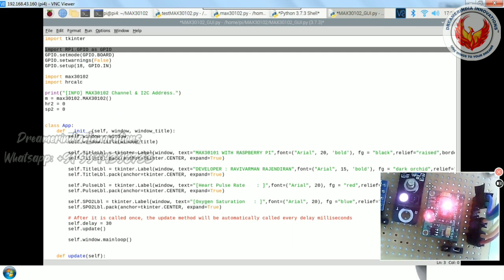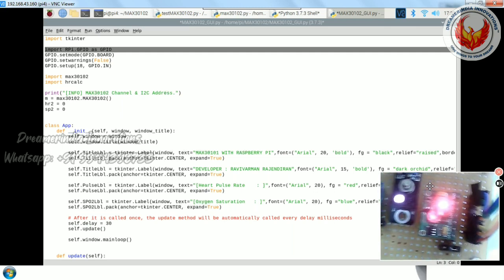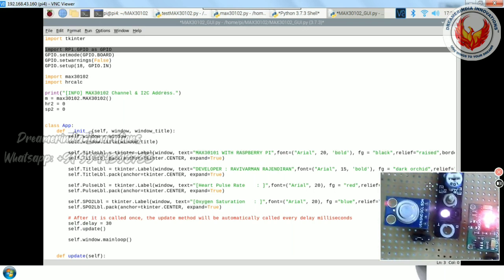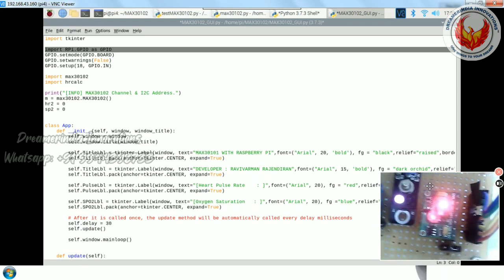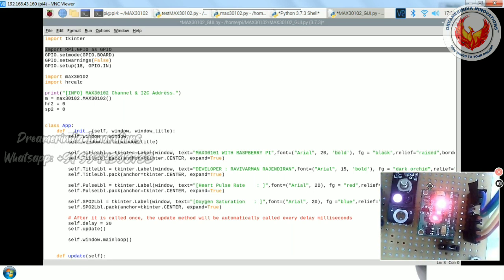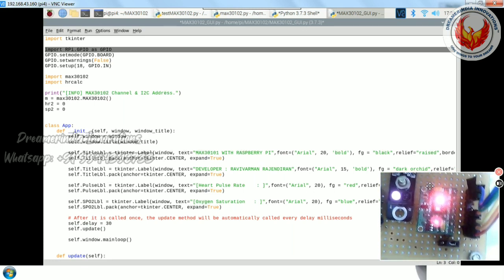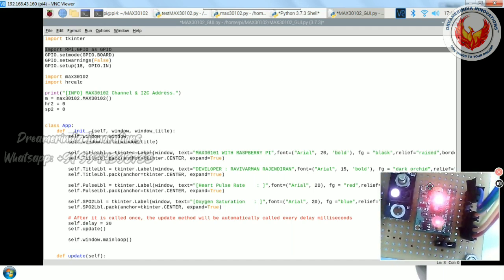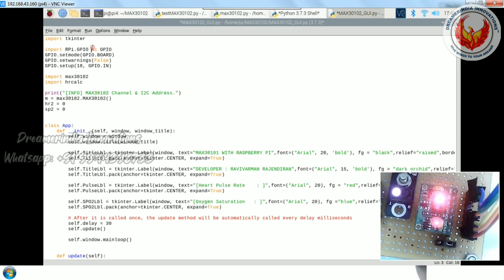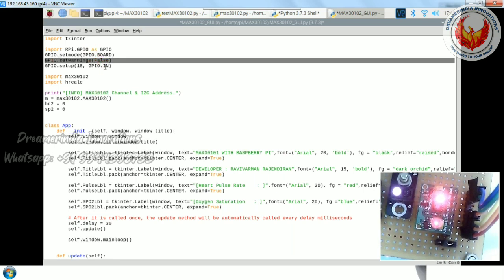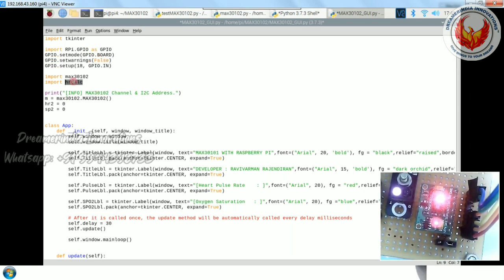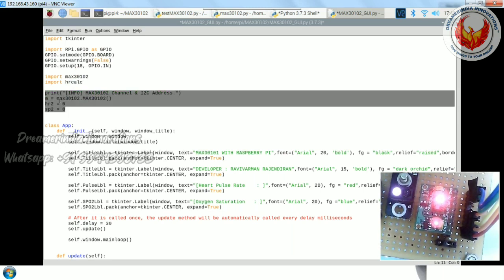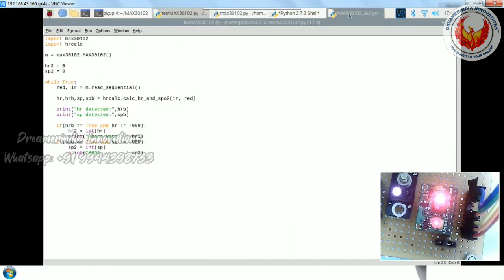Because in this board I have two sensors. One is the infrared temperature sensor for detecting the body temperature, and also I have the MAX sensor. So I want to know whether the finger is properly placed on both the sensors simultaneously. So I am using this infrared sensor, which helps us know whether the finger is placed or not. For that I'm using this GPIO library, which will read the input of the sensor. Then MAX and HR calc, which we already used in the previous simple code also. The same thing we are going to use here.